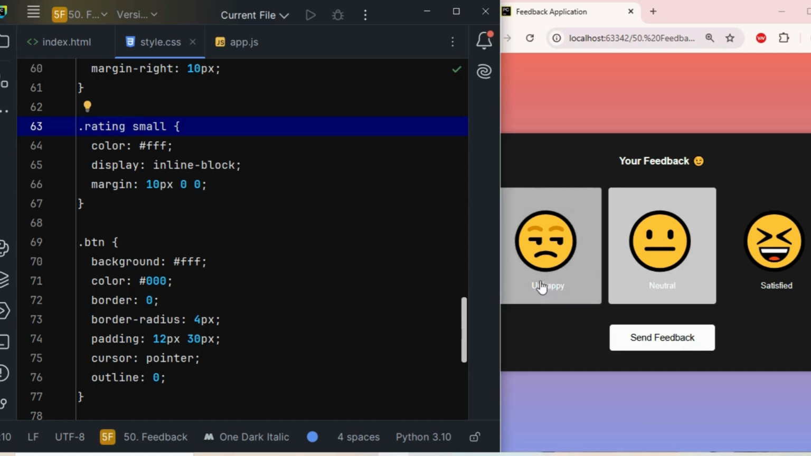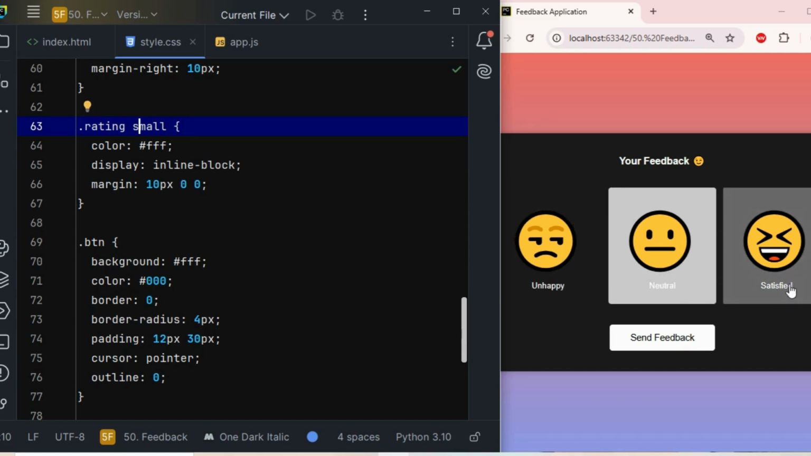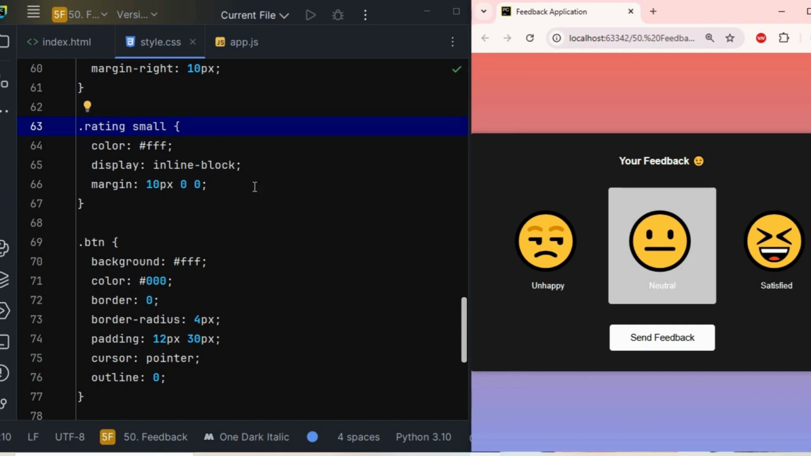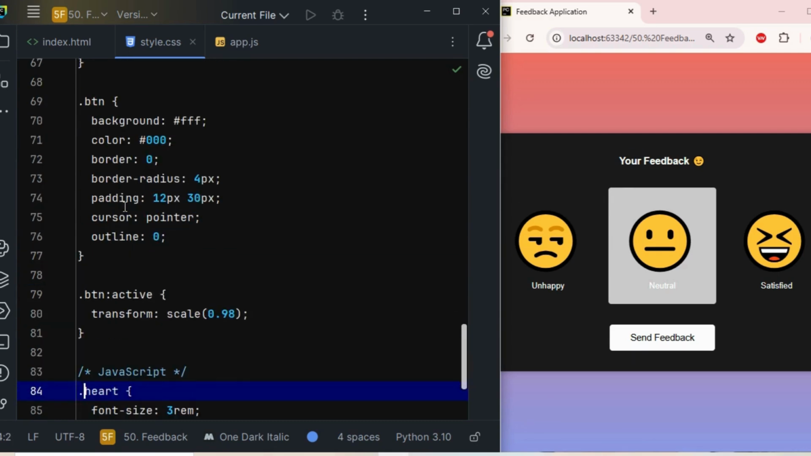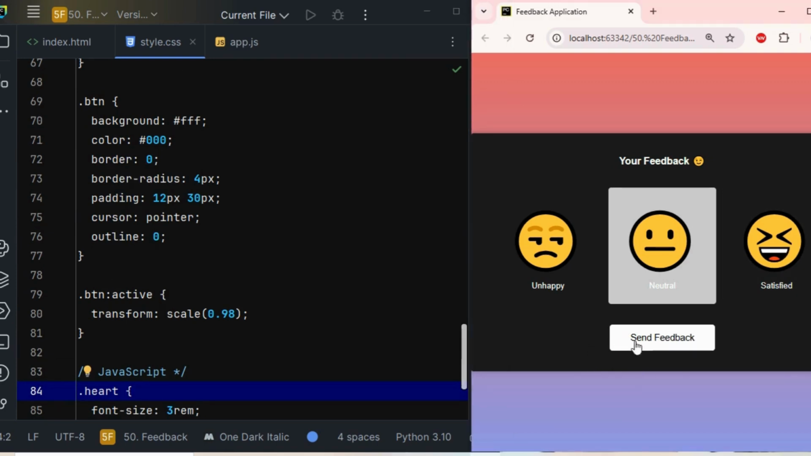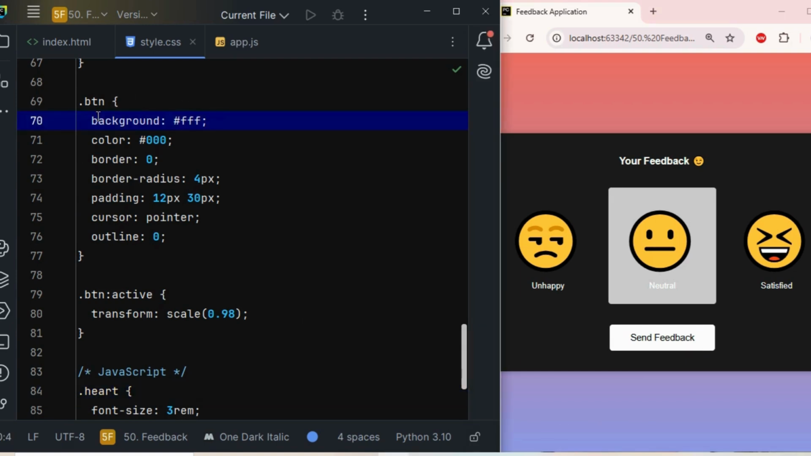For the rating small text, unhappy and neutral and satisfied, these are the small text. The font color is white, display is inline-block, and margin is 10 pixels. Then the class of the button: these are the buttons we are taking in this process. The send feedback button takes one class, btn, background white, and text color black, and border is